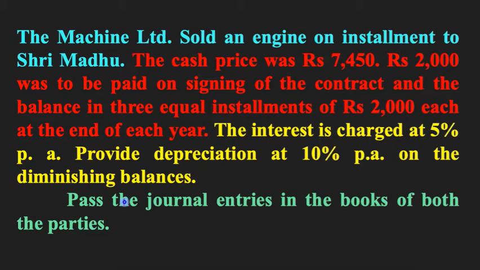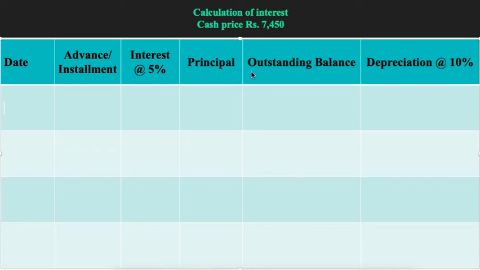What we have to do is pass the journal entries in the books of both the parties, right? So that's what we are going to do. First of all, we are going to calculate the interest amount as well as the depreciation amount for all the 3 years. Now this is the table that we have to prepare for calculation of interest at 5% and depreciation at 10%, right? Here we have a cash price of